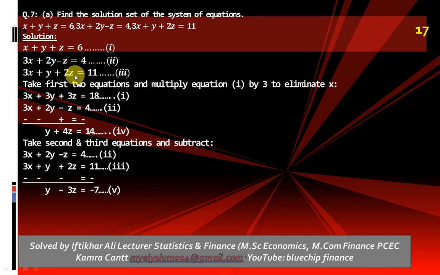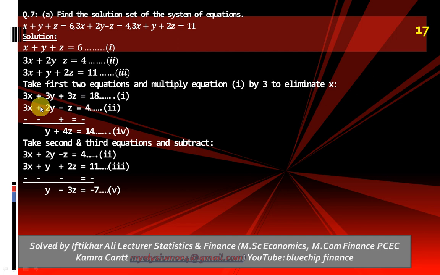First step, while calculating three variables through the simultaneous linear equation method, take equation number 1 and 2 and eliminate one variable. After that, take equation number 2 and 3 and eliminate one variable. The variable should be the same one which you eliminated in the first step, in which you took equation number 1 and 2. And the method is given here: take the first two equations and multiply equation number 1 by 3 to eliminate